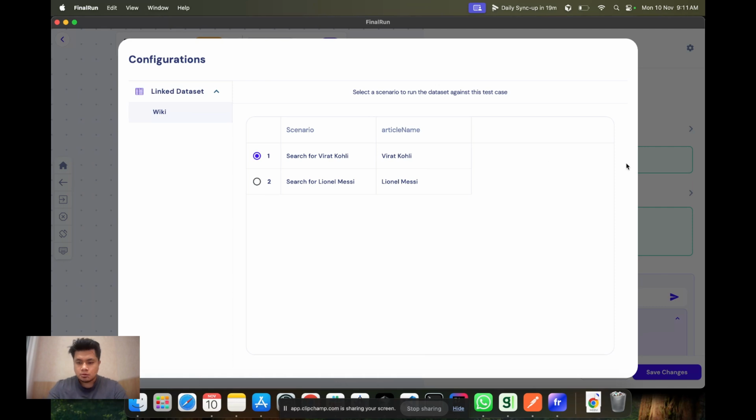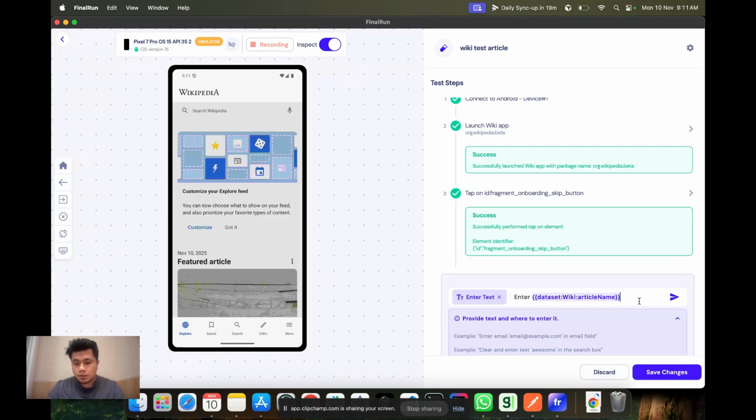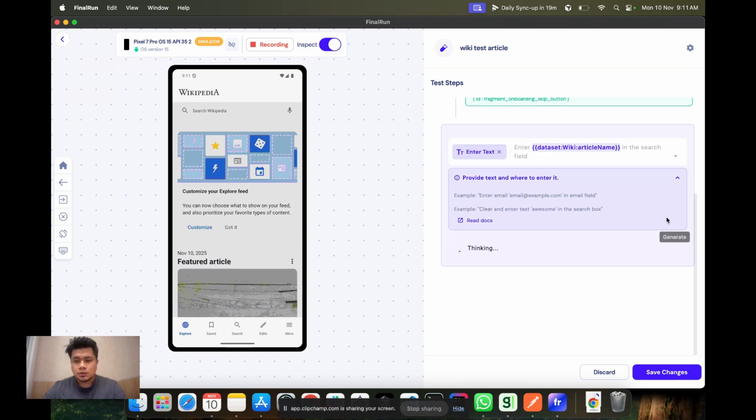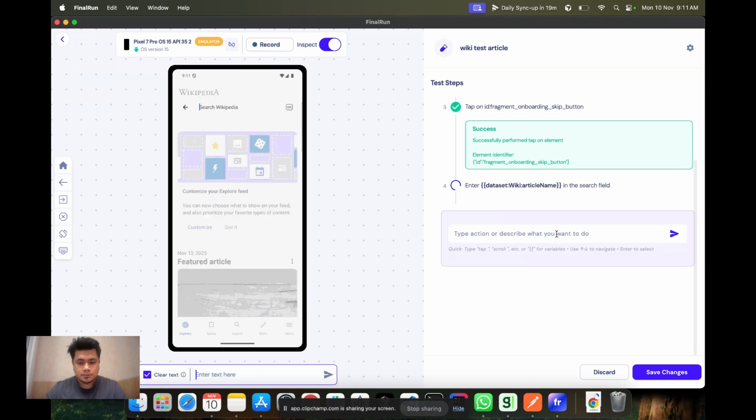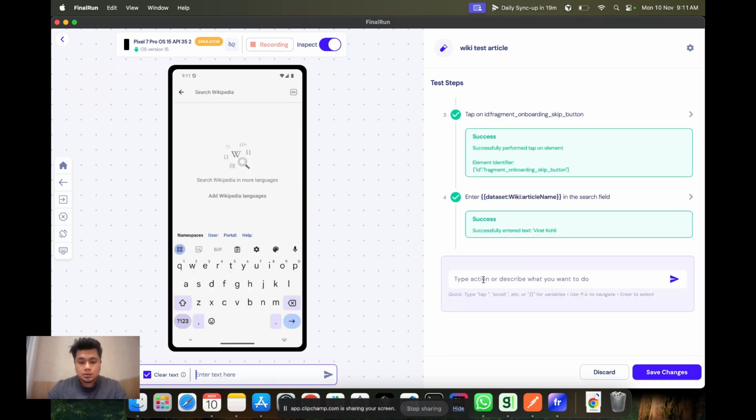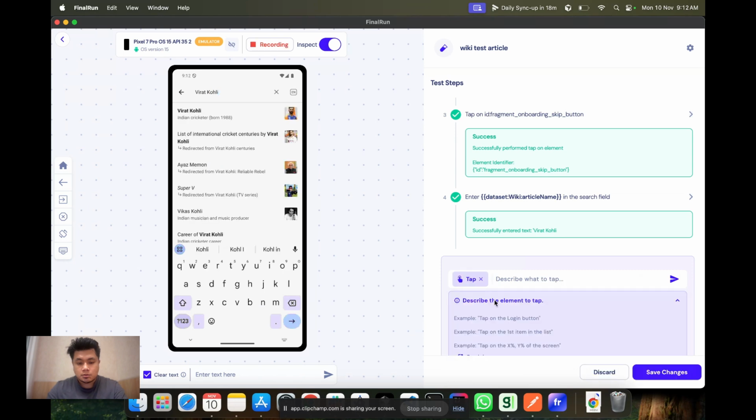Now let me just enter the article name in the, let's say, search field, like this, right? So once it is entered, then you can also perform other tasks and try to rerun with a different dataset, right? So now I can tap on the first item in the list,